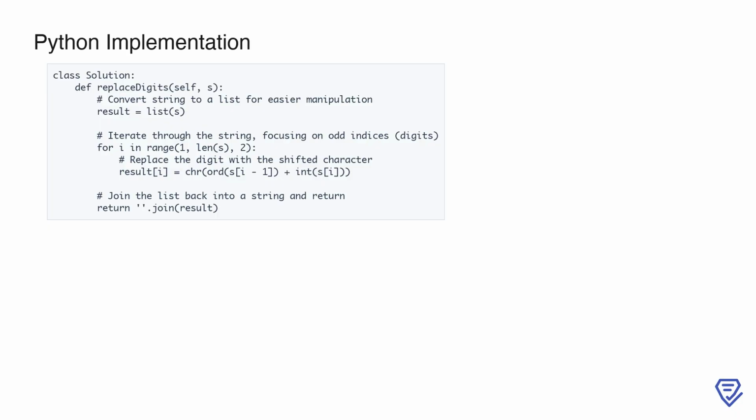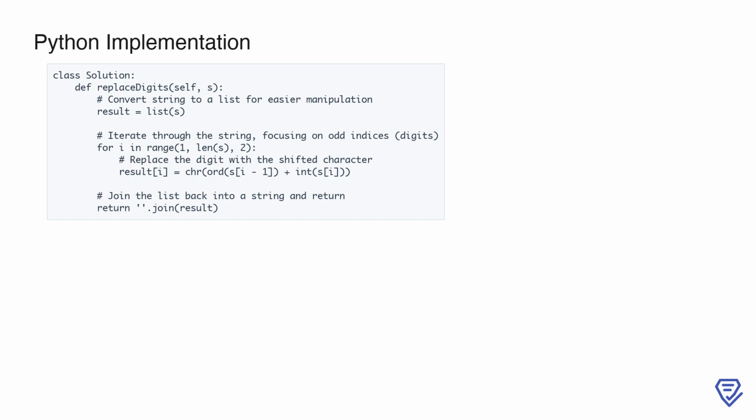Detailed explanation. 1. Input conversion. The input string s is first converted into a list, result, for easier in-place manipulation. Strings in Python are immutable, so using a list simplifies updates. 2. Iteration over digits. We loop through the indices of the string, specifically odd indices 1, 3, 5, etc., because these contain the digits. The step size in the range function is set to 2, ensuring only odd indices are